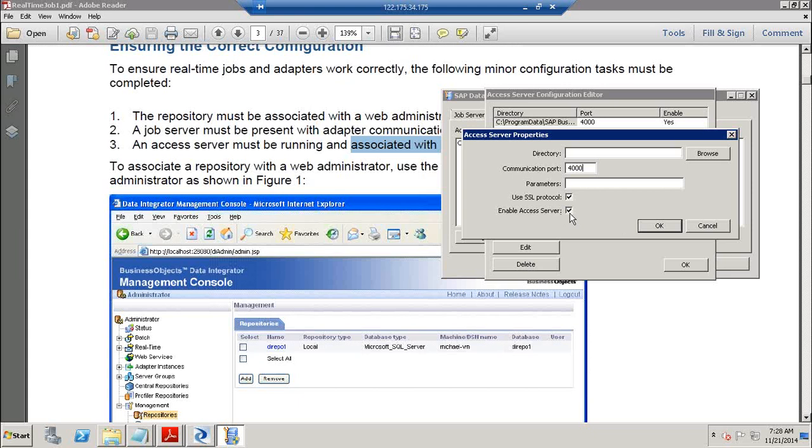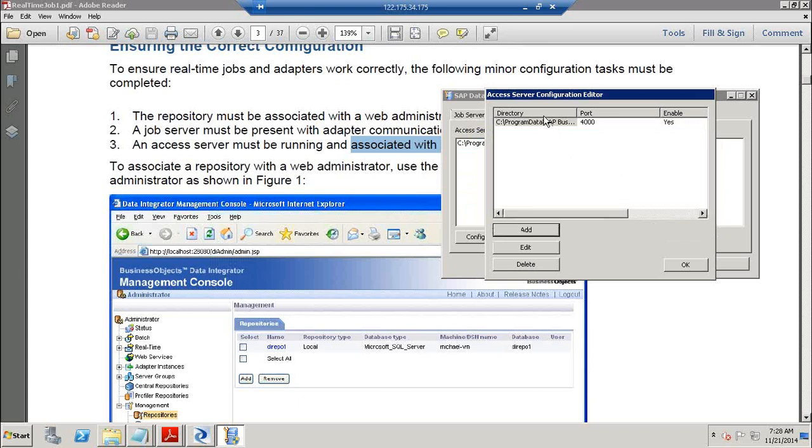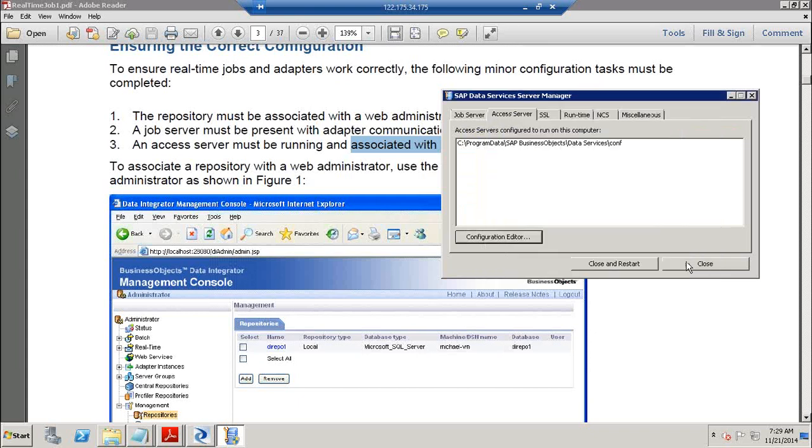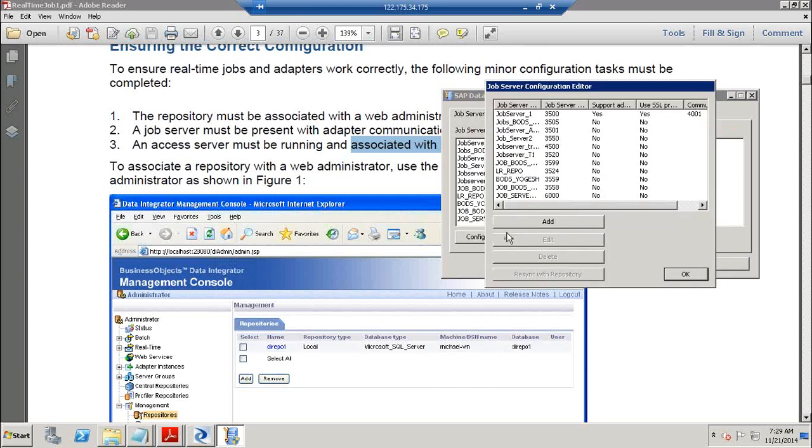So on top of your job server, you'll have the access server enabled, and just click on OK, and you will see your access server created. So this is the path, this is the communication port, use SSL and enable access server, and just click on OK and OK. Right, so